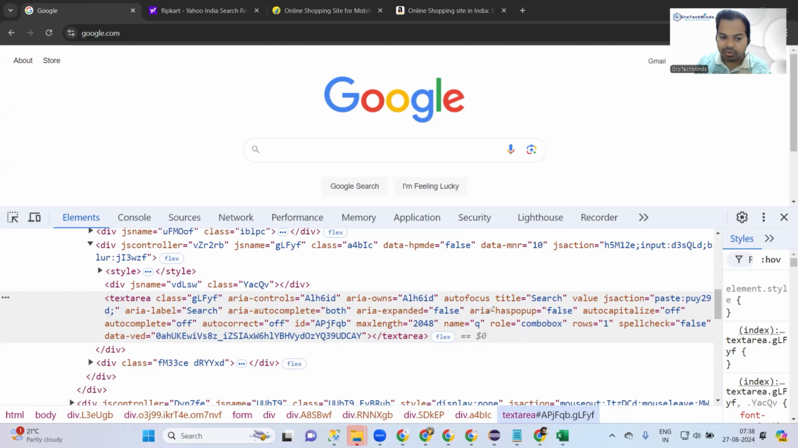Text area input. Where? Here. Yeah. In Google, there is a text area. In Flipkart, there is an input, but all are search button, search only, text field only. Okay. Yeah. I mean, a single component can be made with different